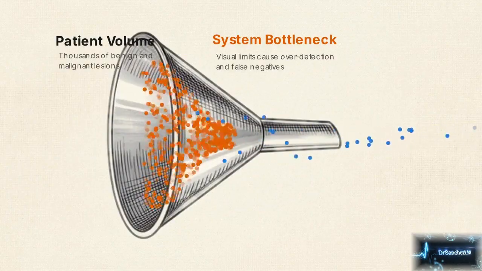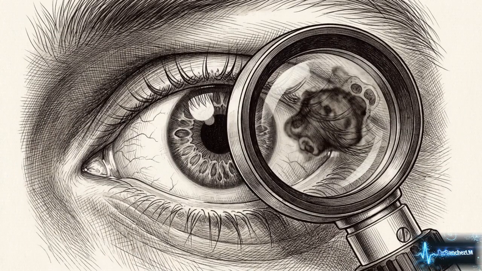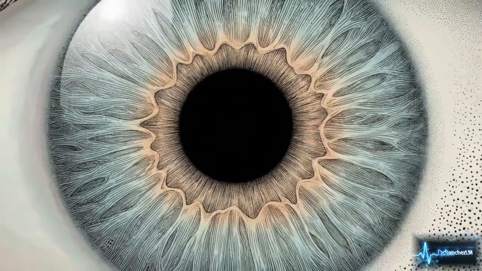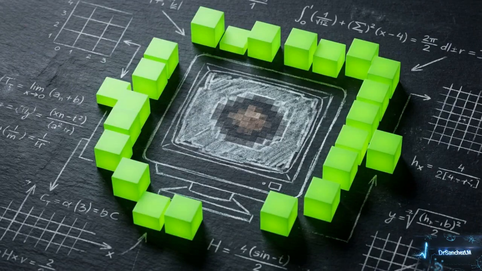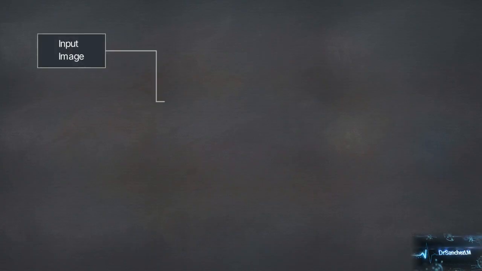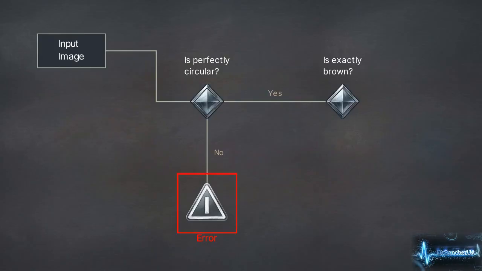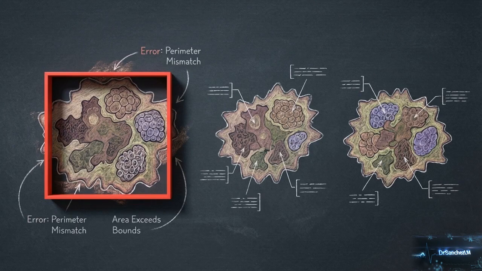unavoidable point of failure. Human eyesight cannot reliably resolve microscopic pathology. To fix this, researchers asked what would happen if you could equip a general practitioner. For decades, automated skin cancer detection relied on computer-aided detection, or CAD. CAD is a legacy software framework that identifies disease based on rigid, manually programmed visual rules. Because human skin is visually inconsistent, these hard-coded instructions often failed to identify malignant tissue that didn't perfectly match the